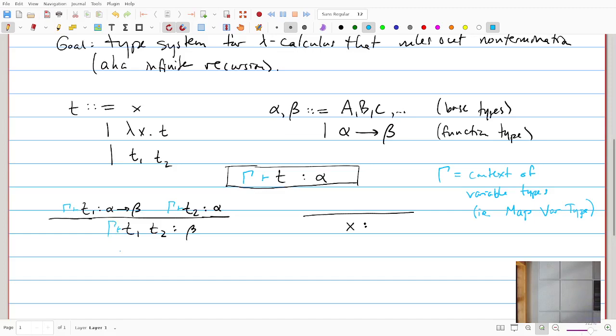We just need to pass it along, right? We're saying, well, this is what I was assuming about all these variables, so I'm just going to pass that along to both of these things, but nothing is changing about it, we're just going to pass it along. Okay, but here, right, I want to say,